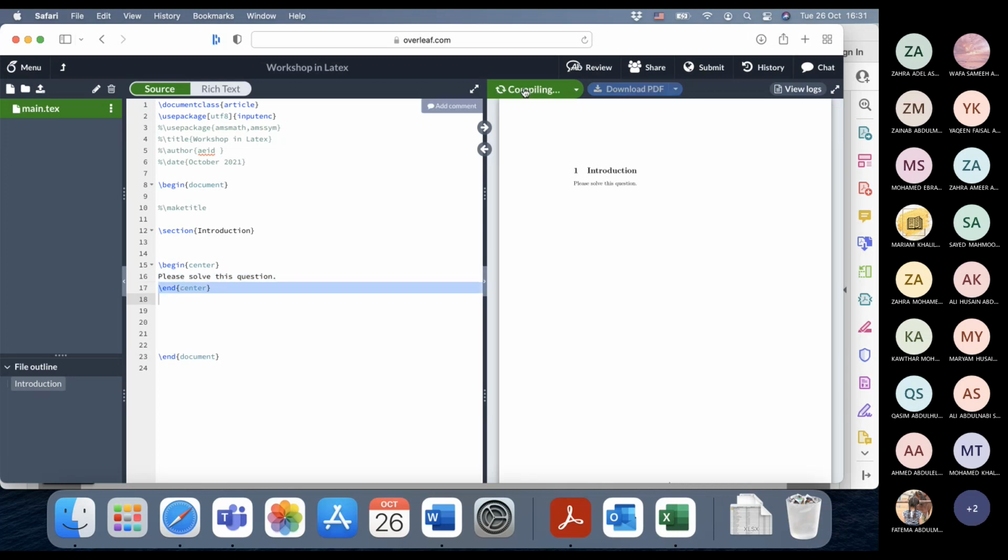Now look at what will happen here. You see? It brings it to the center of the page. Please solve this question. Now, why do we need end center? Because whatever comes here